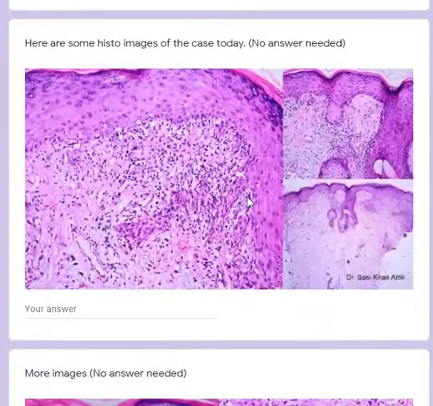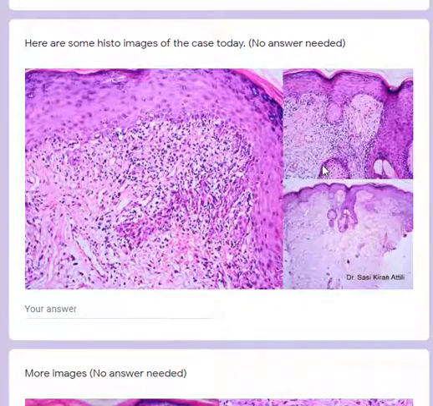So the first image is basically showing a histology of the low power and slightly higher power images. At low power, it is obvious that this biopsy has a few sebaceous glands, some immature sebaceous glands directly opening into the hair follicle here, and quite a few follicular units, unusual for any other part of the body apart from the head and neck. So this biopsy is likely to be from the head and neck, based on the number of hair follicles you're seeing here.